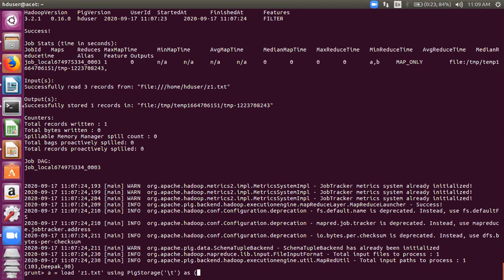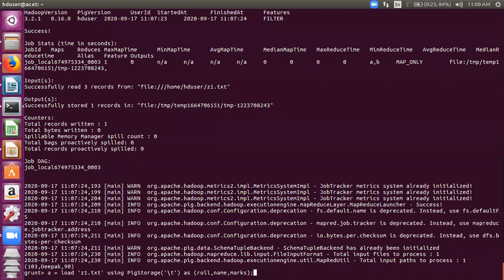Okay, I'll first give the names. Note it carefully. This is your complete load statement now. Load file name. The file name should be in single quotes, and the absolute or relative path should be there. Right now, which path are we using? z1.txt. It is the relative path. That means wherever we are, there is a file z1.txt.